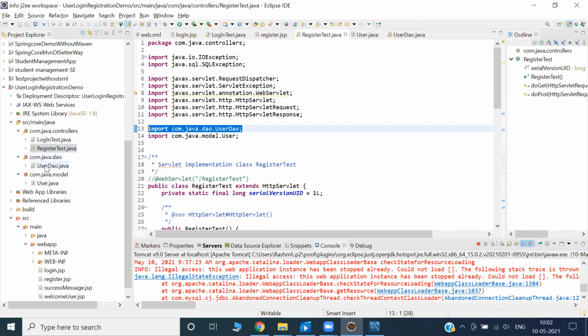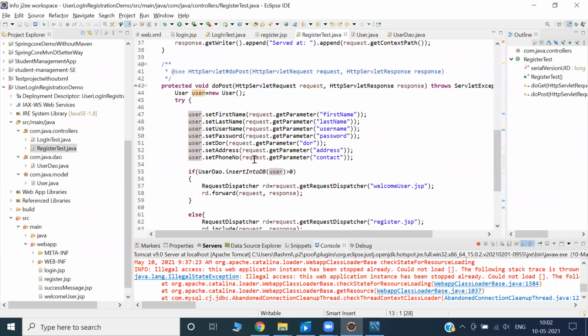But I'm doing the operation in this class, which is in the controller package, and dealing with an object from another package. That's why I have to import this package. Again, I have to import the other package also, because the model class is not in this package. That class is in another package. That's why I imported. So all these things are core Java.